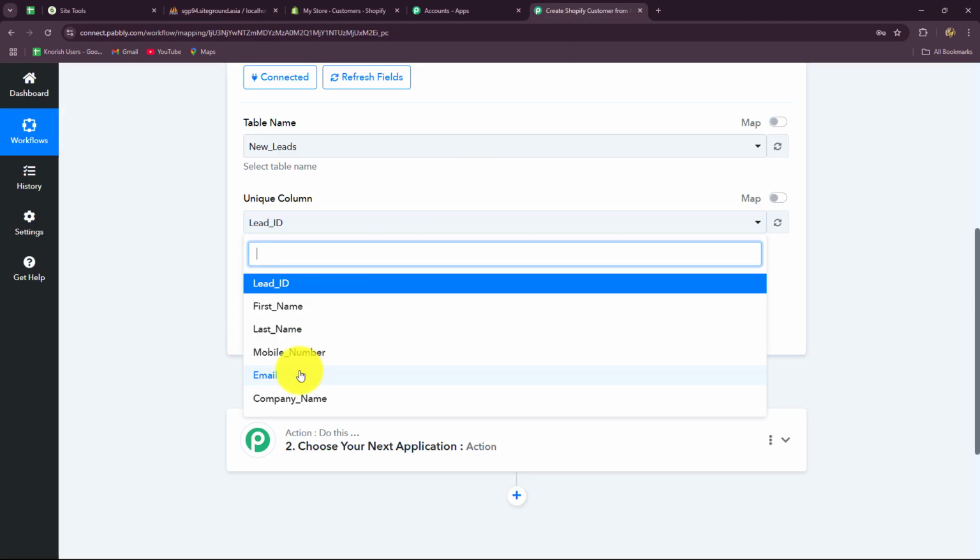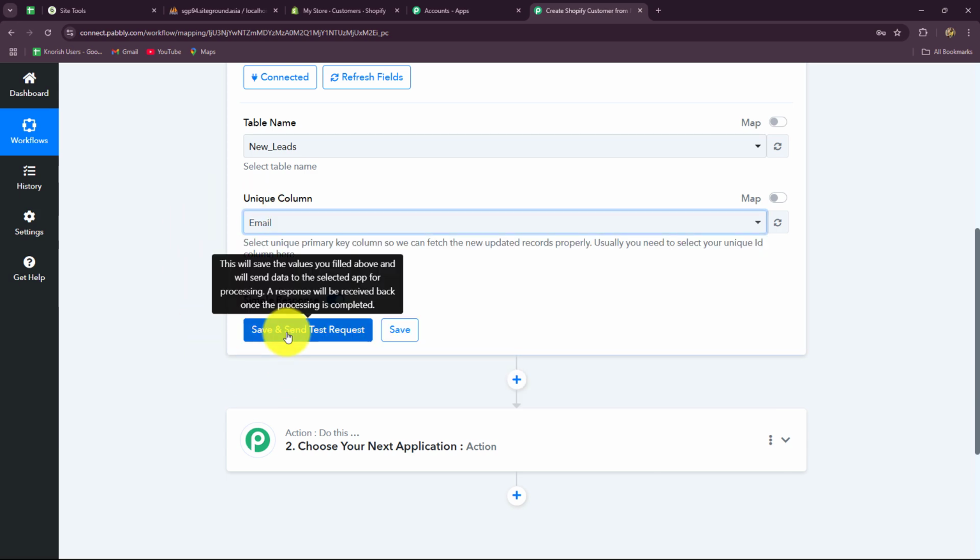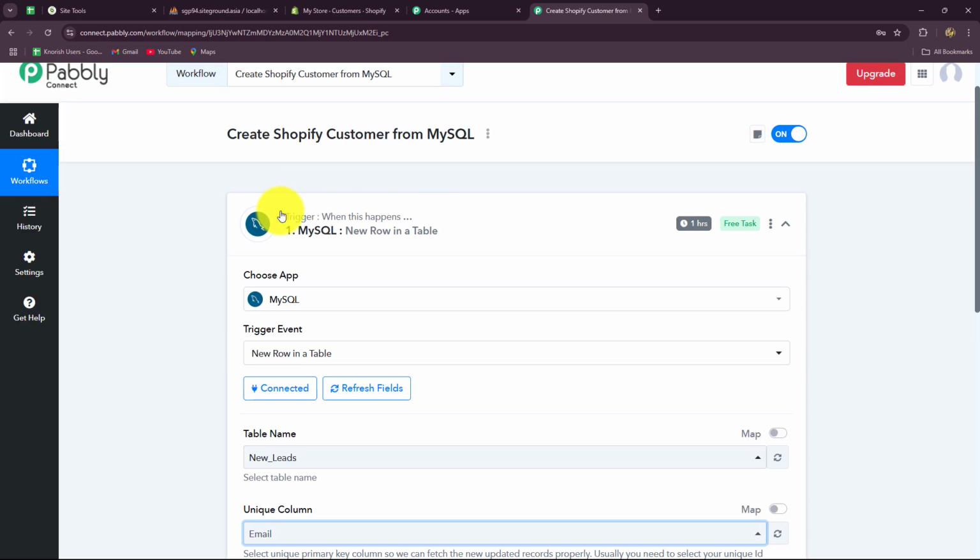Okay, so here I'm going to go for selecting email as my unique column. Then I'm going to click on the save and send test request button. But before that, you have to understand that MySQL is based on 1 hour of polling time. That means polling time is actually the time which Pabbly Connect is going to take for capturing the new response